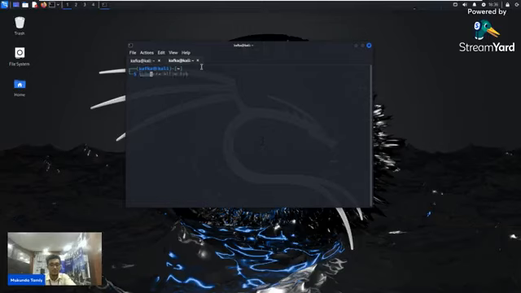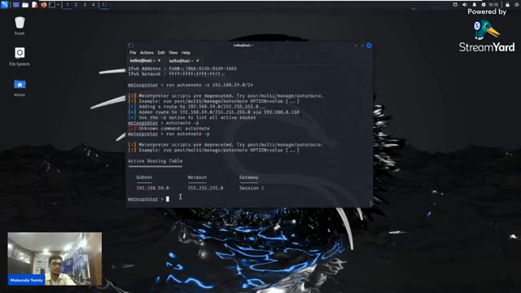So sudo arp-scan, or I can go with the ARP scan from here.